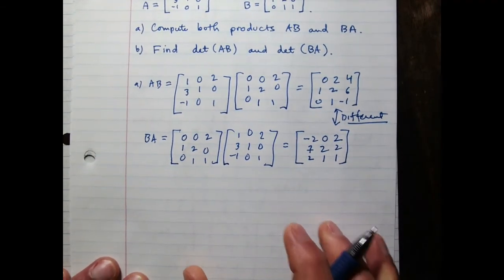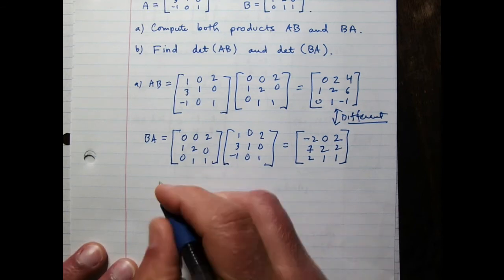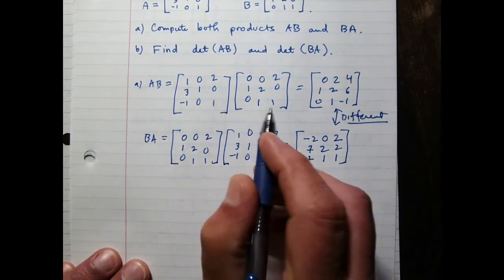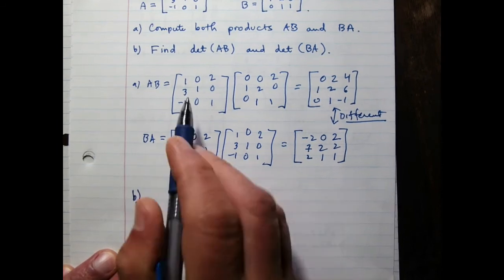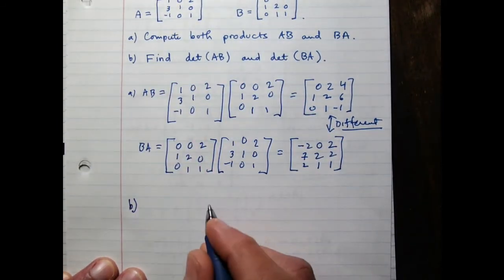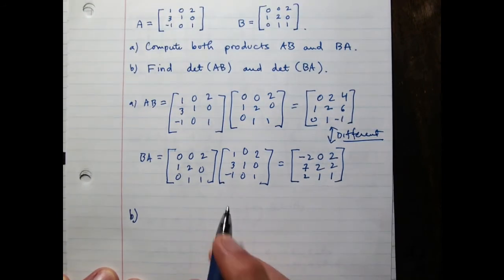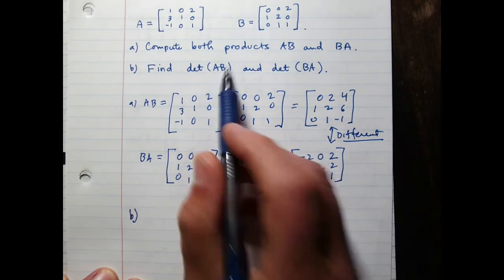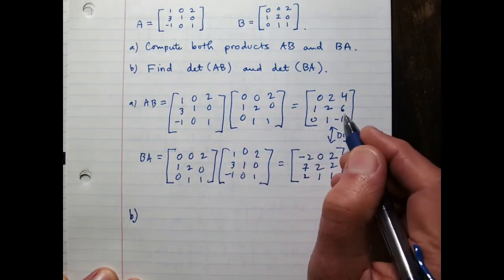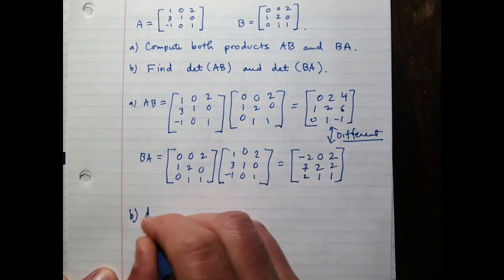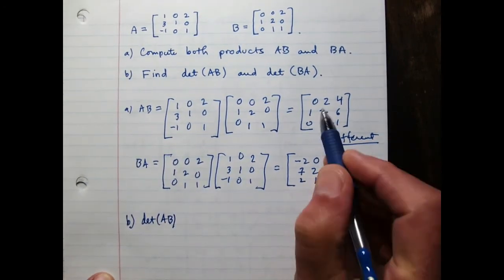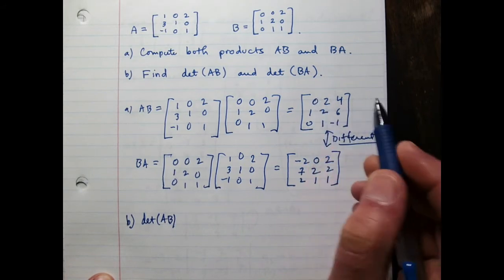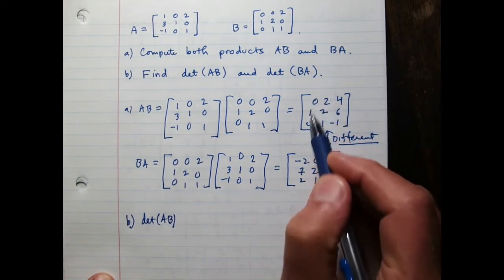Now let's compute the determinants of both of these. And there are lots of ways we could do this. We could even compute the determinant of A and B separately and just multiply them using this theorem we just saw, right? Because the determinant of AB is going to be the determinant of A times the determinant of B. But since I have AB here, I'm actually just going to use the matrix I have right here,